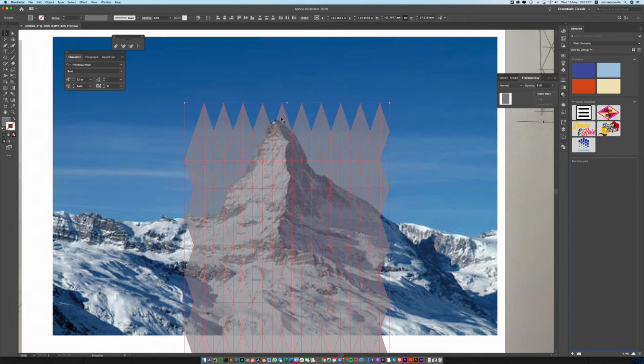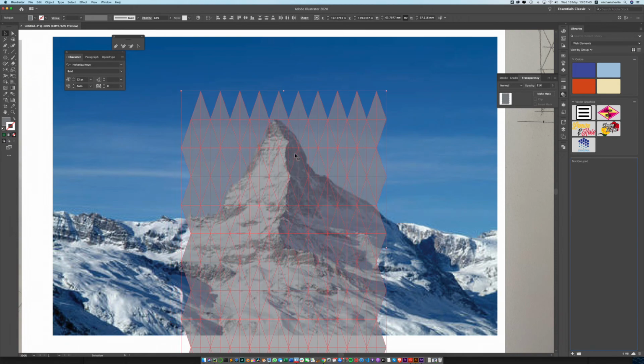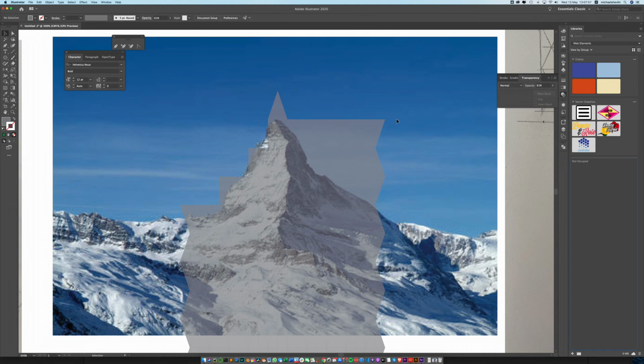So I want to get the pointy bit here to be at the top there, and in fact more of a pointy bit like that, and then move it over a bit. So I'm just trying to line up, and that looks okay. And what I want to do is get rid of some of these now. So I want to get rid of these. I'm just grabbing them a little bit randomly, and then get rid of these, and